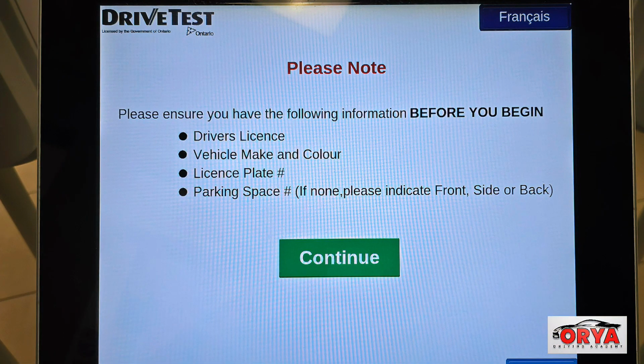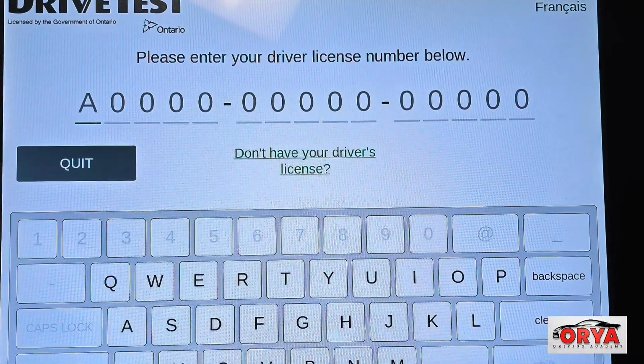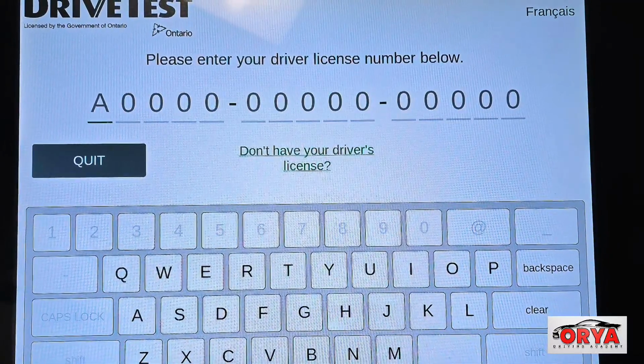The next screen will tell you, please ensure you have the following information before you begin: driver's license, vehicle make and color, license plate number, parking space number. And if there's no parking space, then please indicate front, side, or back, wherever you have parked your car at. Then click on continue, and then it will take you to the next screen where you will have to enter